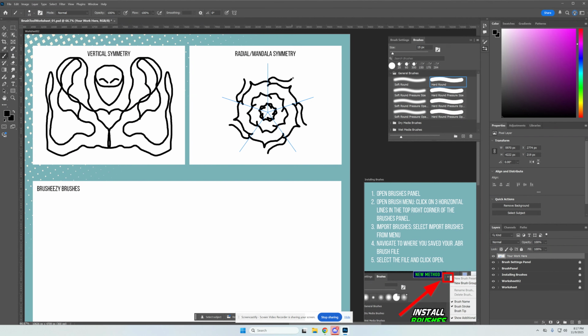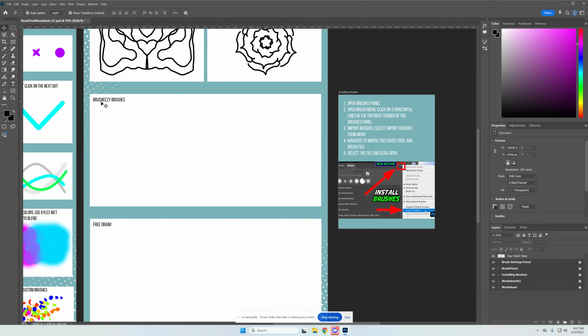Alright, let's do a quick save just to make sure we don't lose any progress. Sometimes the symmetry tools can slow down Photoshop. So the next one is installing custom brushes, and so the step-by-step instructions are here in case you forget, but I'm not entirely sure if Brush Easy is blocked on campus, so you can try typing in brusheasy.com. If not, I attached an ABR file to today's assignment, so you can download that and we'll use that as